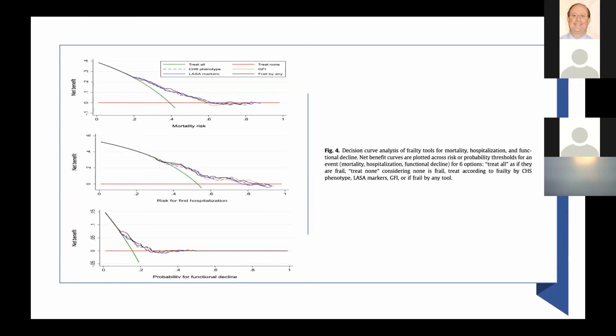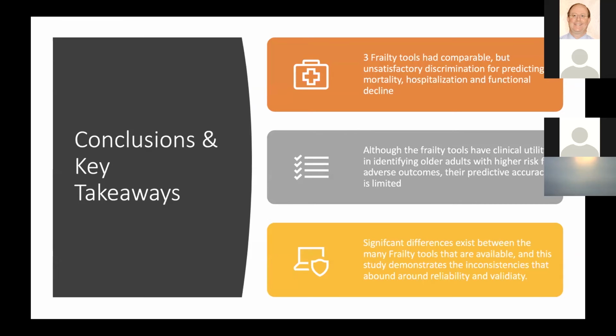So the default strategy being treat all or treat none, they all had net benefits for mortality risk. They all had net benefits for risk for first hospitalization and probability of functional decline. But all the curves overlapped for all relevant risks and thresholds. So we weren't able to really see a